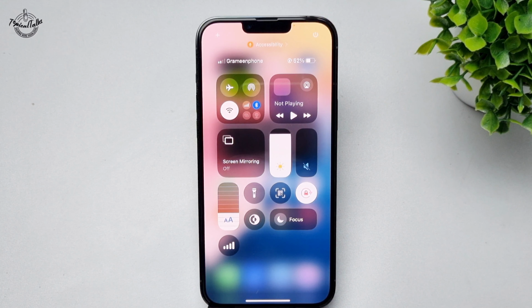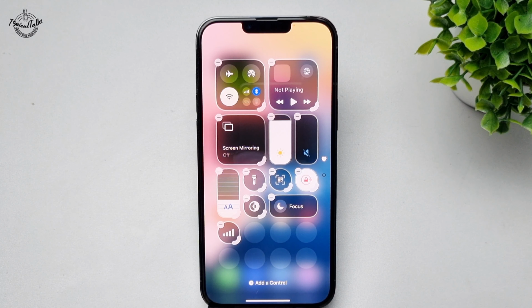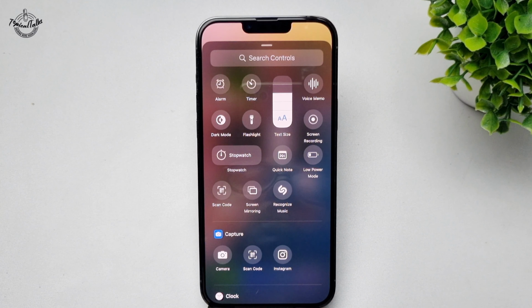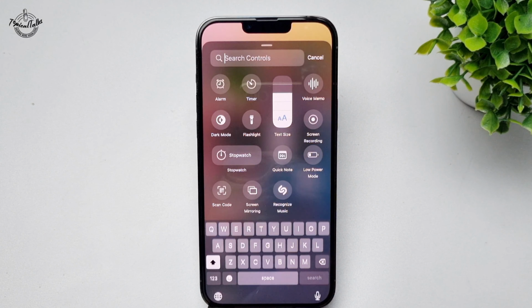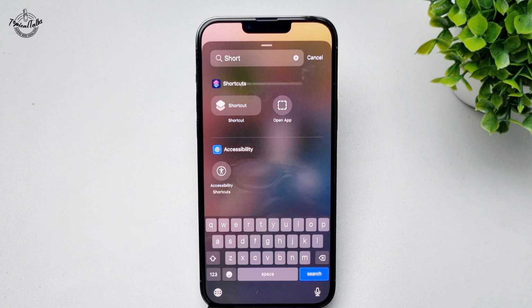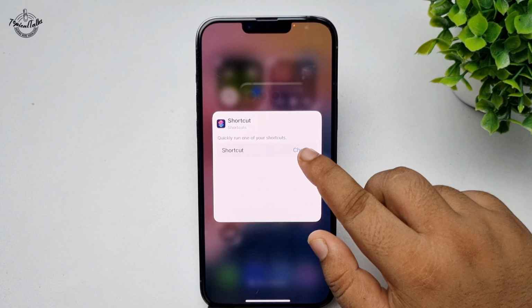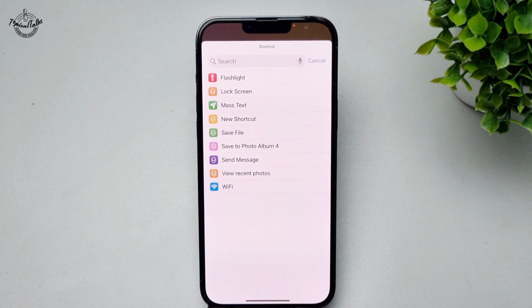Now go to your control center, long press on an empty space, tap on add a control, and here tap on search controls and type here shortcut and tap on Shortcut, tap on choose. Now here you will find all of your created shortcuts. Select the Wi-Fi shortcut that you just created,